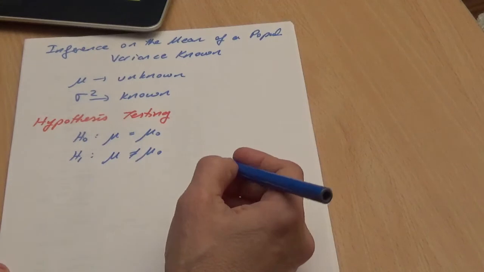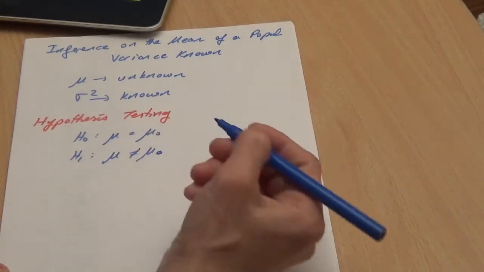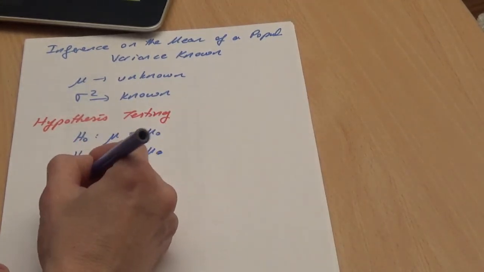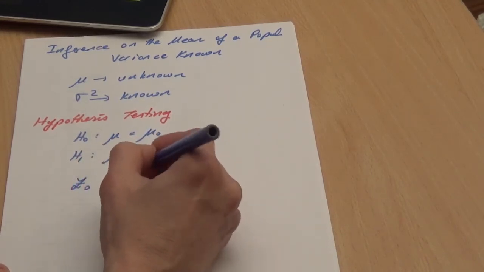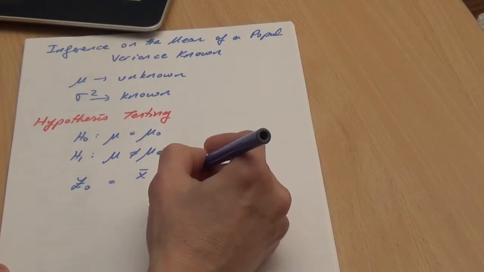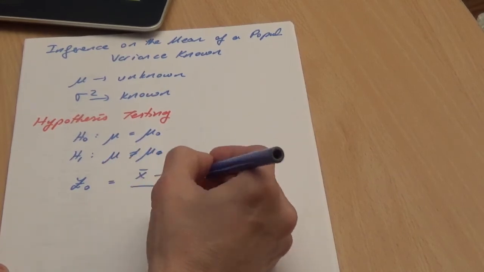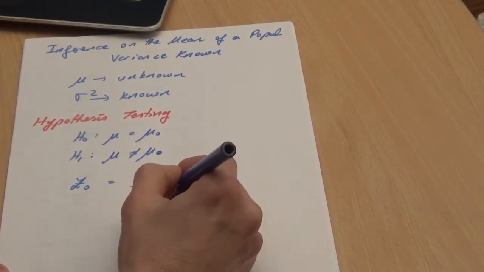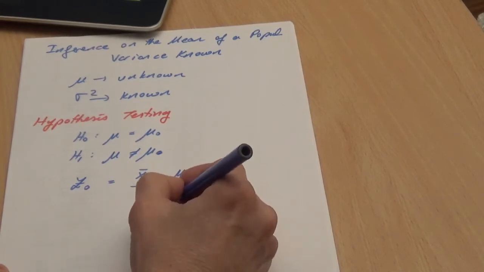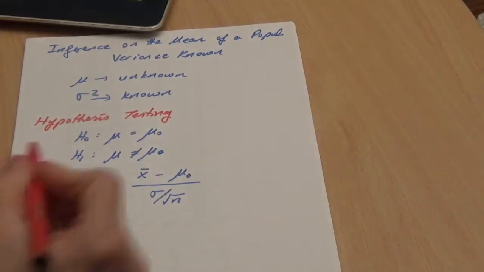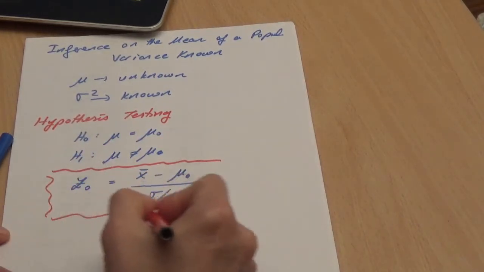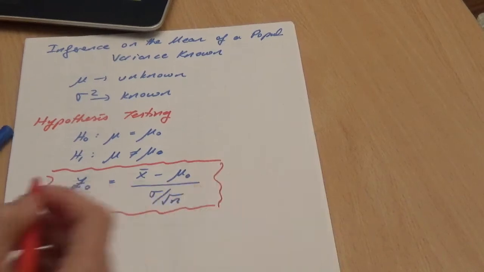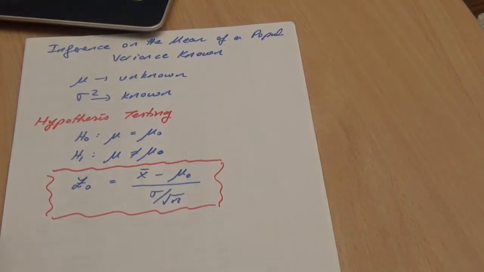And for the z value calculation, we have the formula: Z0 is equal to x bar minus mu 0 all over sigma over square root of n. So that's the equation we should be memorizing. We will calculate the values with this formula,